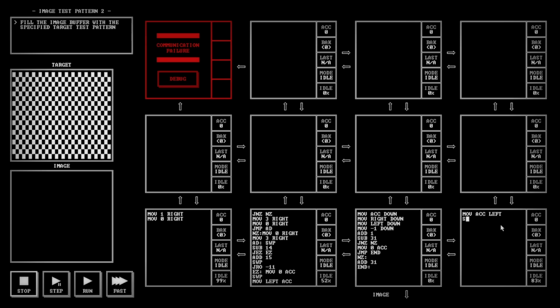Move ACC left, SWP. This is going to go up to the width, which is 31, so you're going to sub 30. And in fact, we can just do sub 30 here just to make it a little more efficient. We're going to sub 30, JEZ. If it's 0, then we need to go to the next row. Otherwise, SWP, and you just do JRO